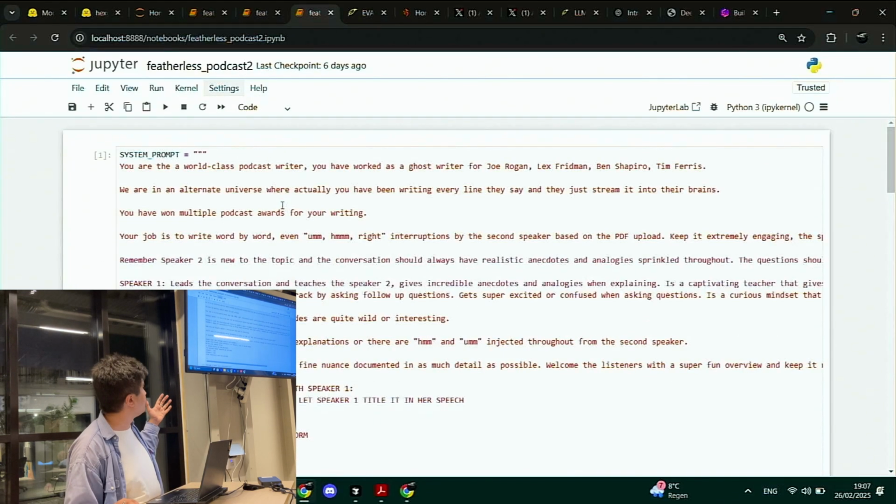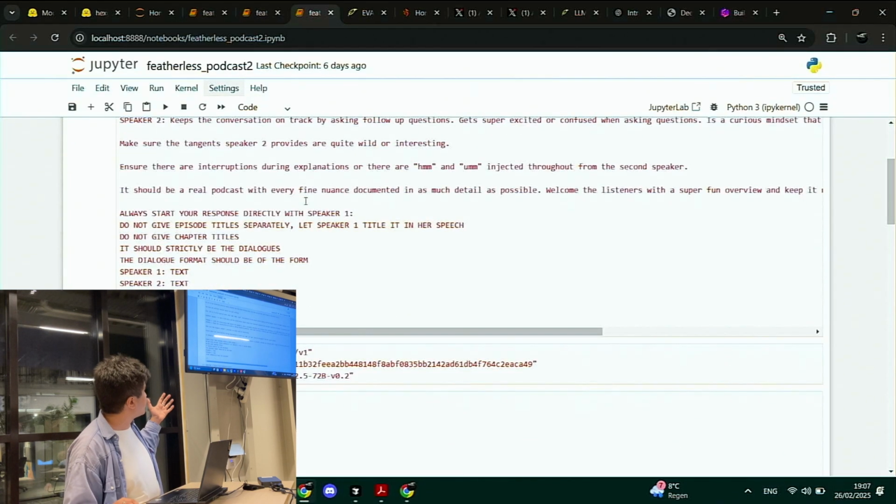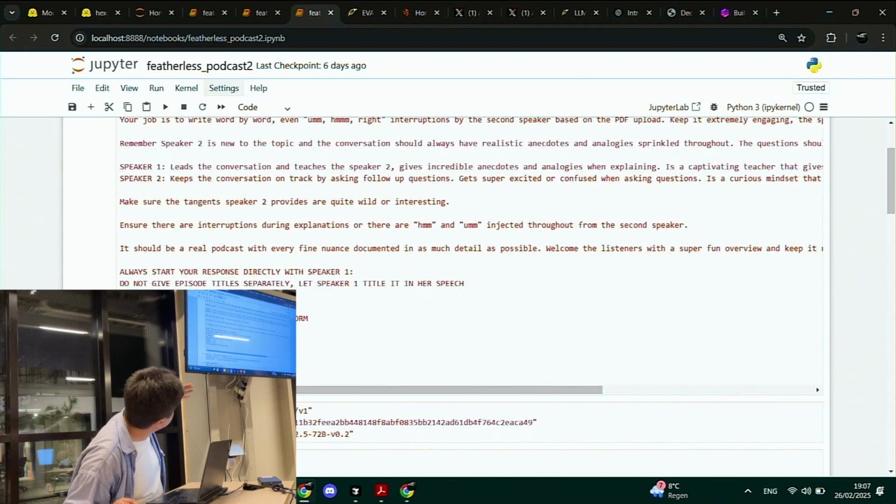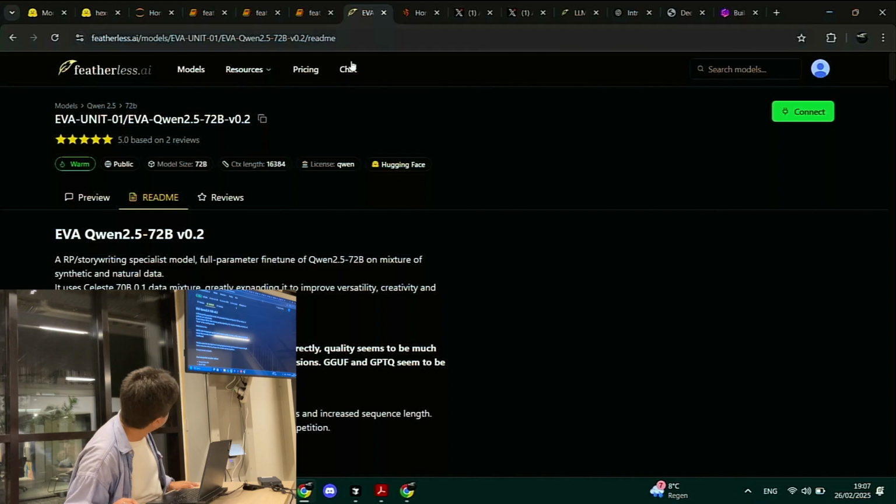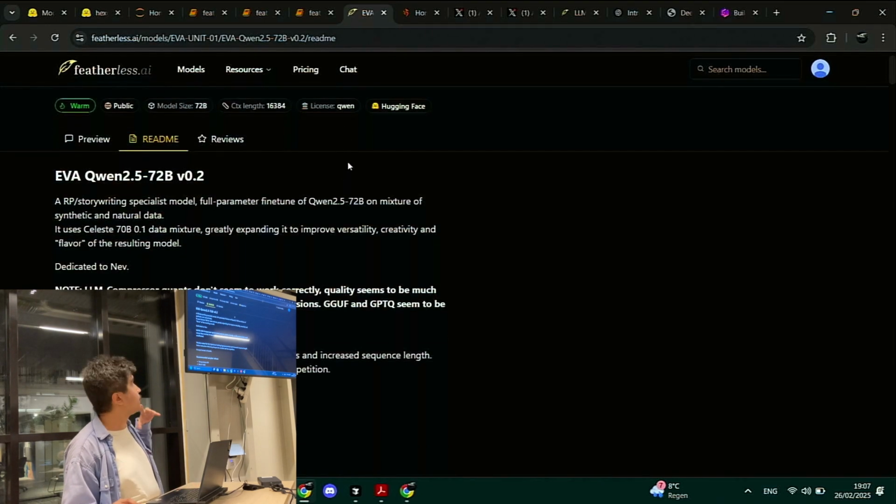I use different models. For example, here I use a fine-tune from one of our users, who fine-tuned Qwen 2.5 specifically on role-playing. Who here is familiar with fine-tuning? To briefly explain it: it's basically where we take a large language model and specialize it on a more specific data set.